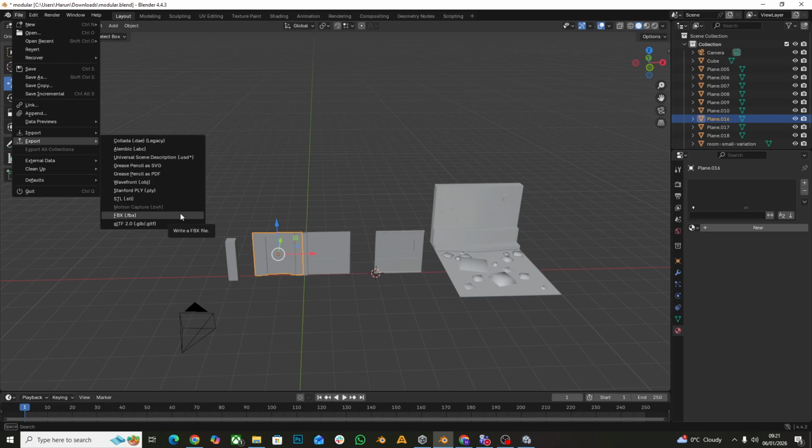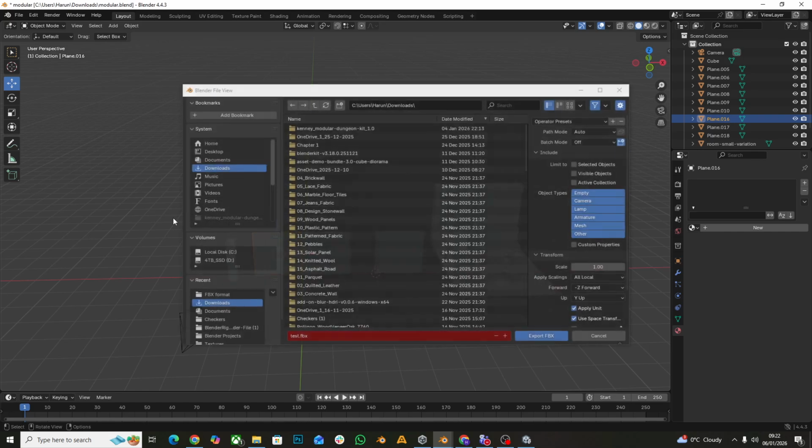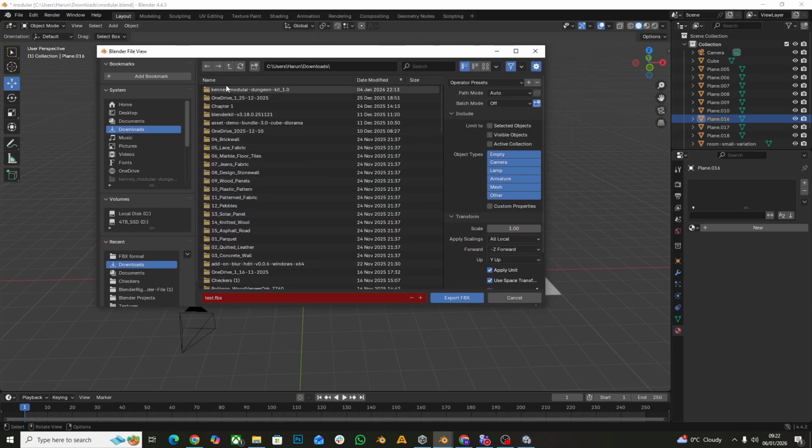That is because with an FBX, you're not just sending over the geometry data like the actual model itself, you can also send out additional data as well, such as skeletal information as well as animation information. So if we had a 3D model of a character that we created the skeleton for, and it has movements and animations, such as a walk cycle, we can export out all that data as well and put it into the game engine. So right now I'm going to choose FBX. And here I'm just going to call it